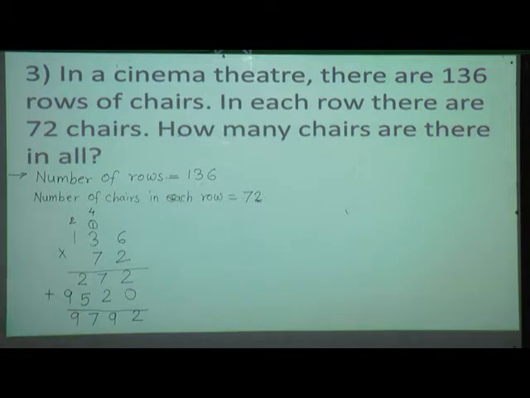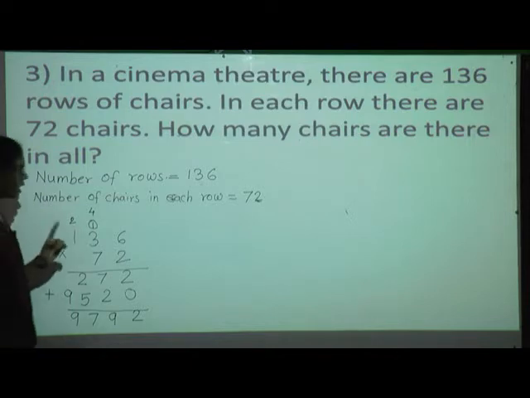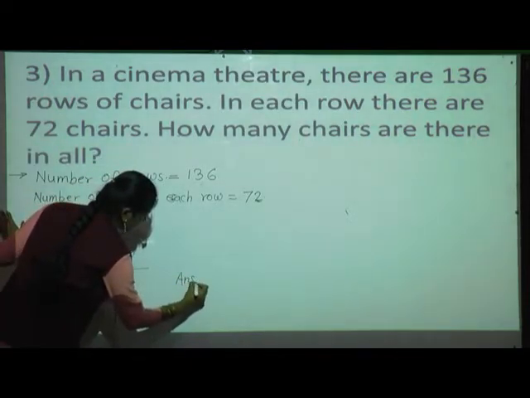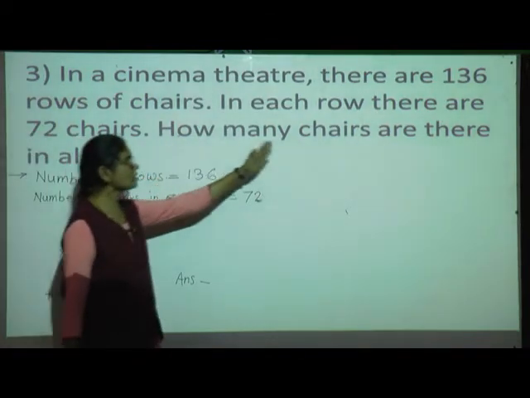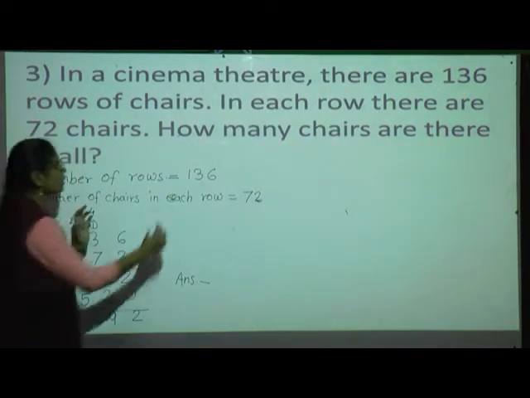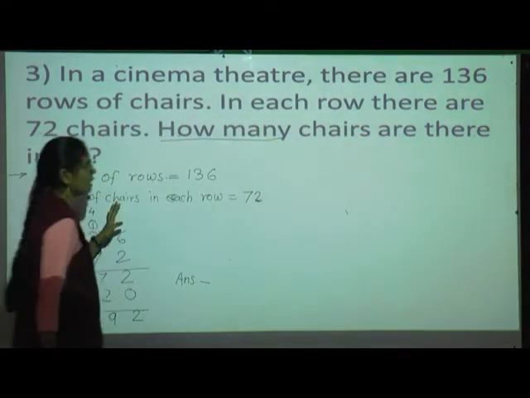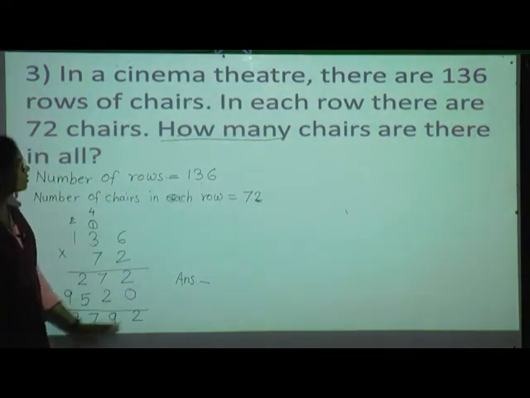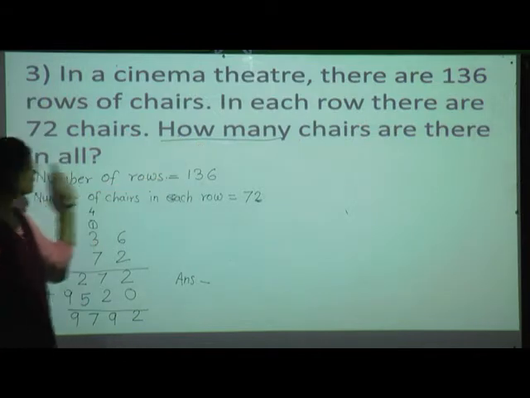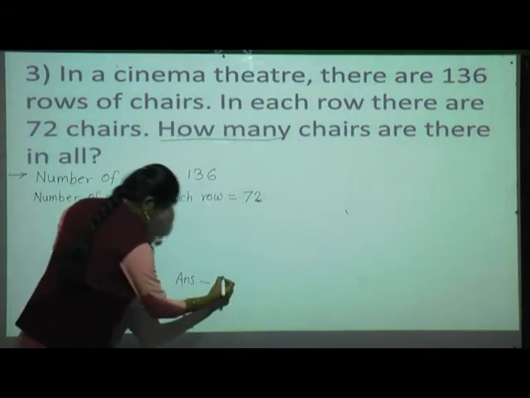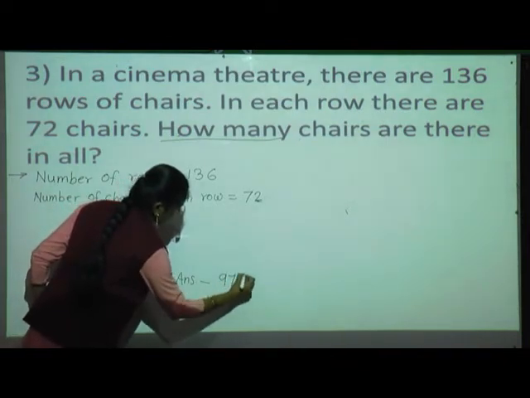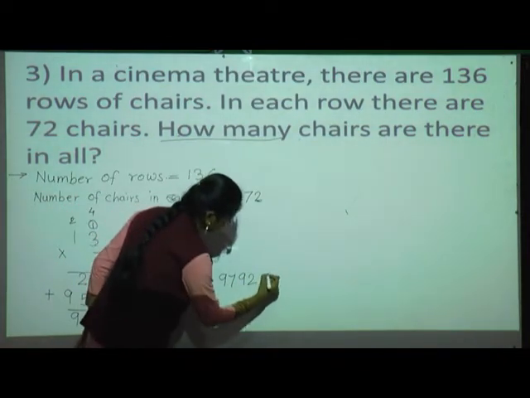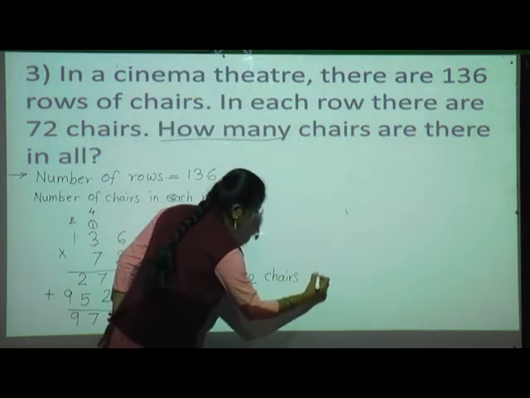So what is the answer? The answer is 9792. See students, you have to write the answer in a sentence. So how will you write this answer in a sentence? Now see the question. How many chairs are there in all? Now what you have to do? Just remove this question part. How many? This part you have to remove, and instead of this part you have to put the answer only. So how many chairs are there in all? How will you write the answer? 9792 chairs are there